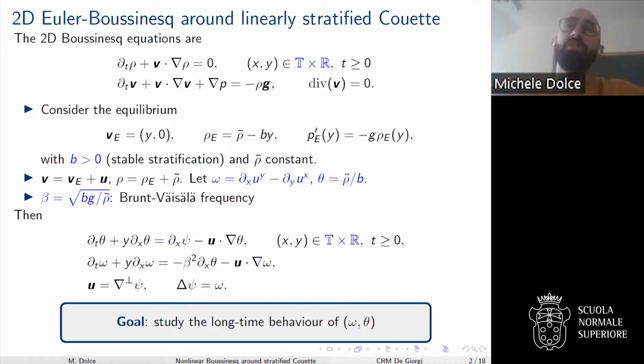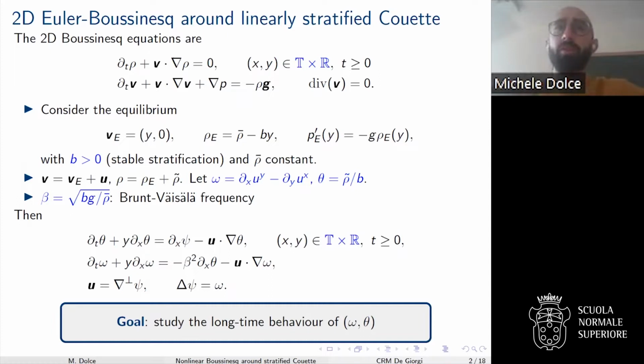The 2D Euler-Boussinesq system is nothing more than the inhomogeneous and incompressible Euler equations where you assume that the density multiplying the acceleration of your fluid is actually constant, so that the main effect of the density comes from the buoyancy forces. This approximation was done by Boussinesq in 1903, and it's clearly mathematically convenient because now you can divide by this constant here.